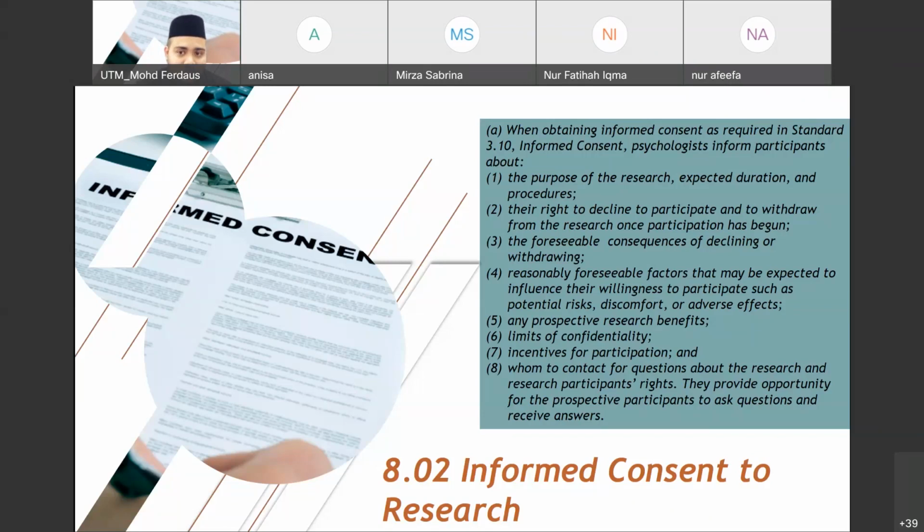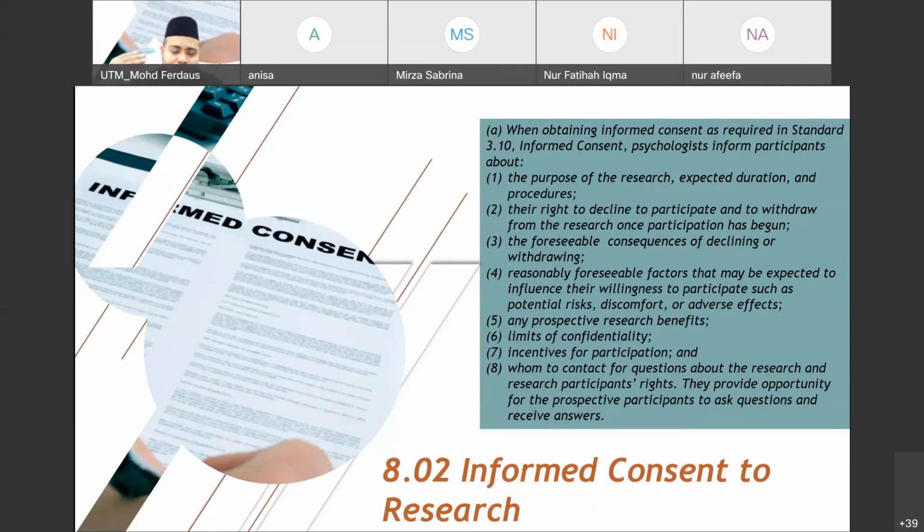But I already informed them that you need to include. Okay, even though you don't put the subheading of ethical consideration, you need to address some important aspects of ethical consideration, such as informed consent. There are a lot of issues and a lot of debate under informed consent. We're going to look at it one by one. It's quite lengthy. The discussion on informed consent itself is quite lengthy, as if we are discussing the whole chapter.